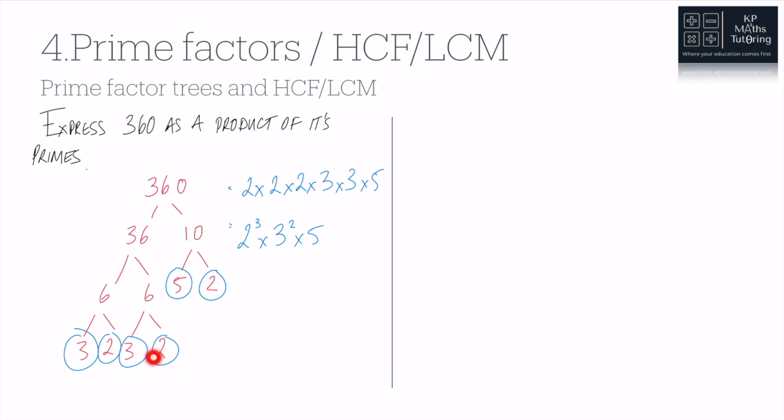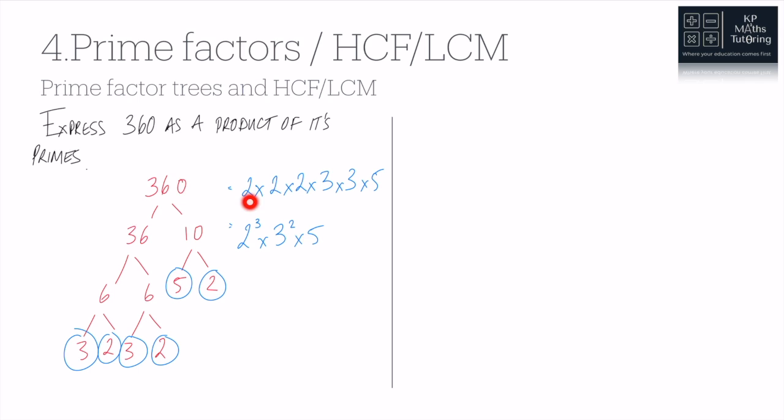So once you've got your prime factors here, write it out like this. So 2 times 2 times 2 times 3 times 3 times 5, which gives me that. And then get used to doing this. Make sure you put it as a power, just in case it asks you to express it in index form, you have to make sure you do that. Do not put a plus sign between these, and do not put a comma. Make sure it is a